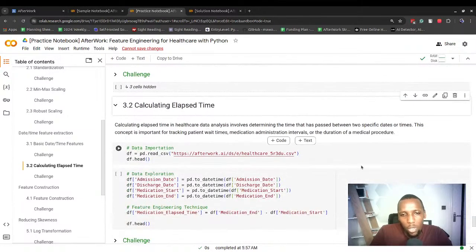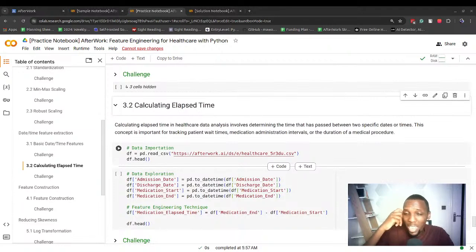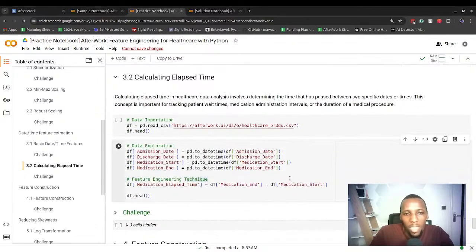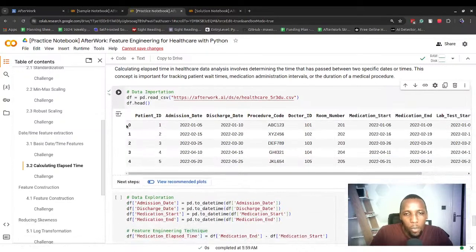Calculating elapsed time. Sometimes you might also decide to create a new feature that can be derived from existing features. For example, we might be able to determine how many days a patient spent in a facility. If I load this data set, I can calculate the difference between discharge and admission date, and I can know how many days a patient spent in a hospital, and I can create a new column that